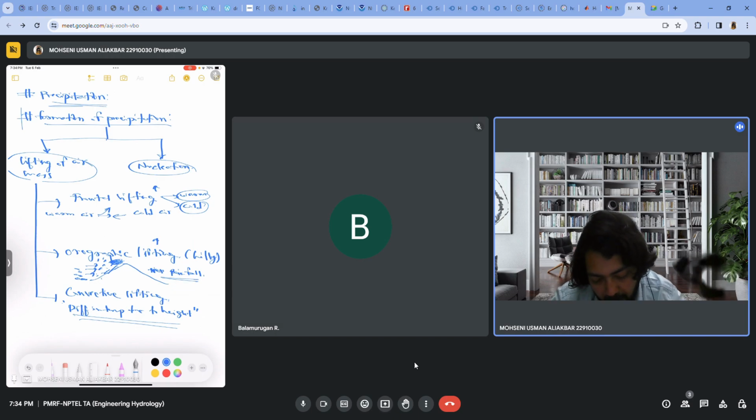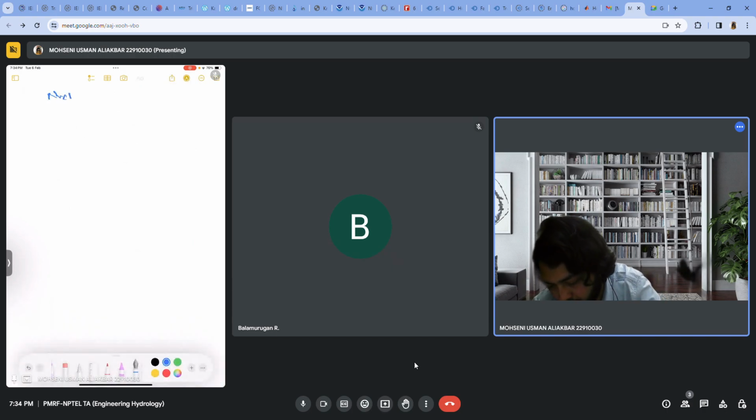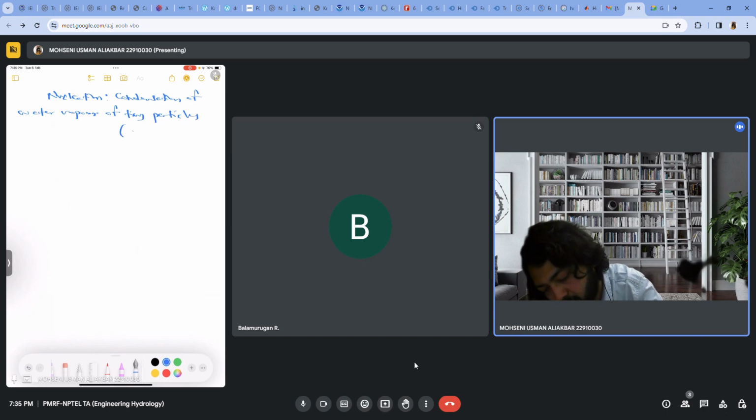So what happens in nucleation, let us see. The nucleation is nothing but condensation of water vapor on tiny particles, and these tiny particles are called aerosols. So these aerosols could be dust particles that are present in the air,